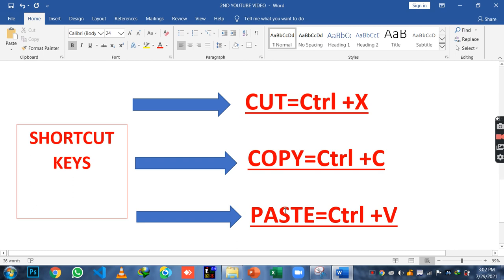So guys, you have seen how we can make our work easier and faster with the help of some shortcut keys, with the help of the options of copy and paste.